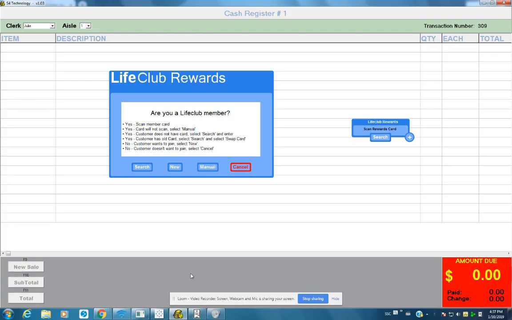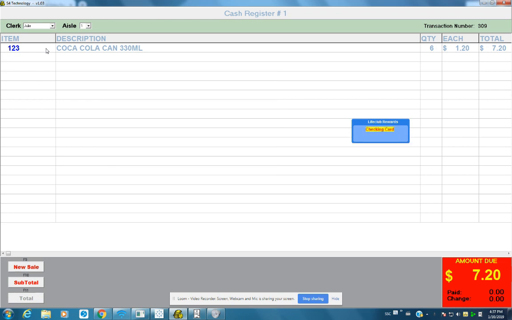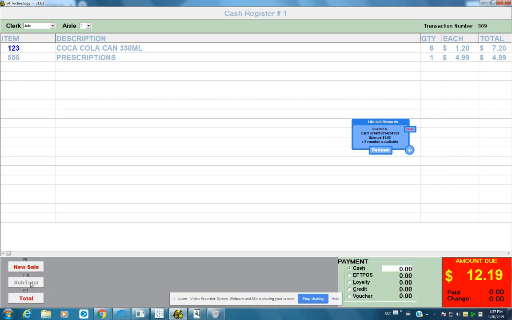For example, if you scan the product and then the card, and the customer then decides to purchase another item, you can scan this straight away. This is not affected by an order. As long as the customer's details are displayed here, this purchase will register on their transaction history once you process